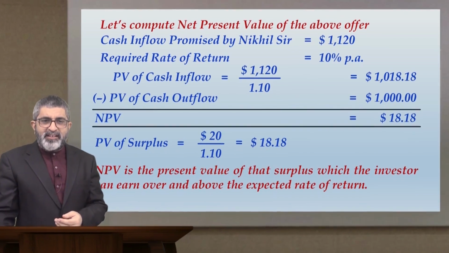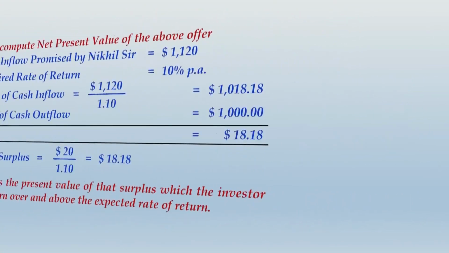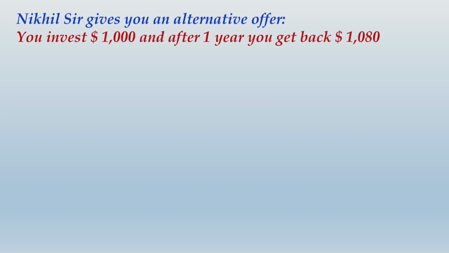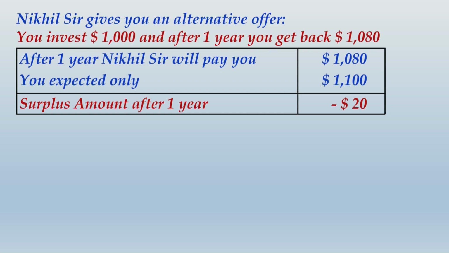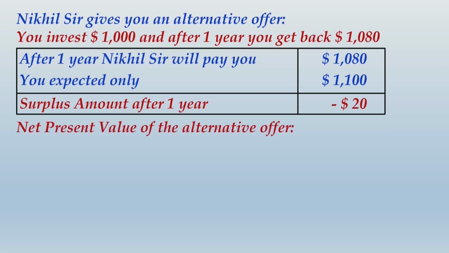Let us try to understand that scenario as well. So I would now say, Nikhil sir gives you an alternative offer. You invest $1,000 and after 1 year you get back $1,080. So we would say after 1 year, Nikhil sir will pay you $1,080 and you expected $1,100, but you are not even getting the money equivalent to what you expect, and therefore the surplus amount after 1 year goes to a negative value, that is negative $20. So if you compute the NPV of this alternative offer,